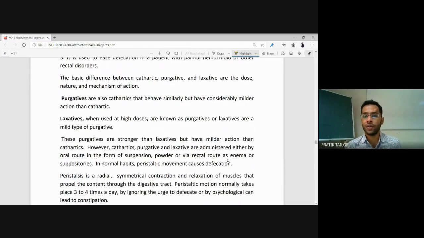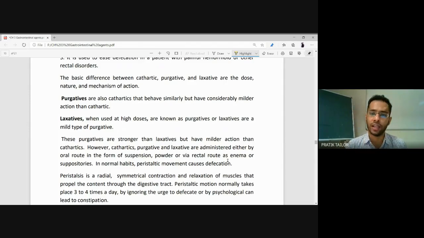Purgative is also a cathartic, and it behaves similarly. What is the difference? It is milder in action. So the stronger one is cathartic, then milder than cathartic is purgative, and even milder than the purgative is laxative. Normally if you are having constipation, therapy starts with the laxative, and if required